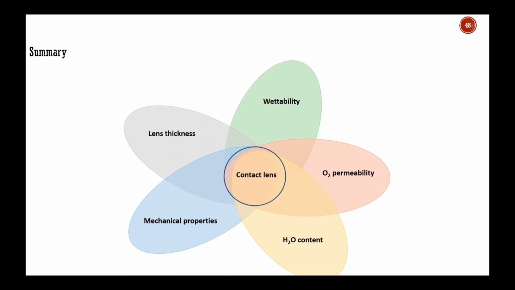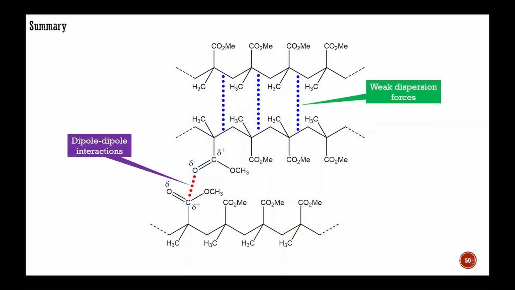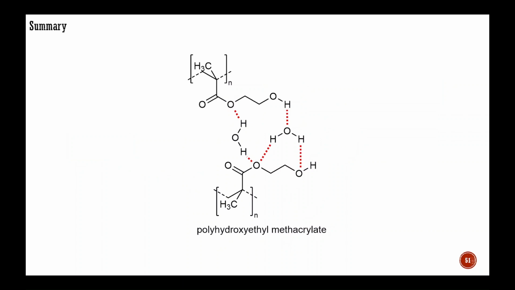To sum up, in this lecture, you were introduced to the main families of polymers used in the production of contact lenses. We examined their key characteristics, focusing on intermolecular interactions between polymer chains and their interactions with water. We began our discussion with contact lenses made from polymethyl methacrylate, a lipophilic and rigid polymer with limited oxygen permeability and wettability. You saw that by modifying the ester subunits of polymethyl methacrylate through the introduction of ethylene glycol subunits,